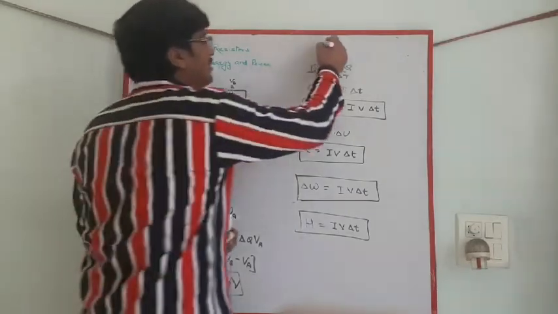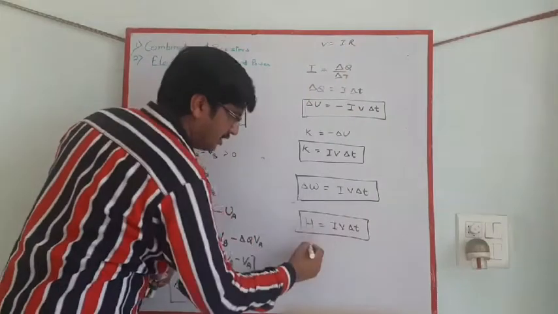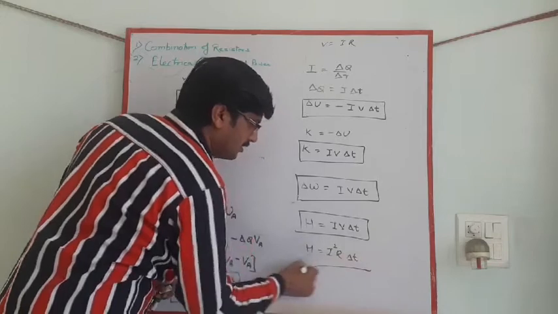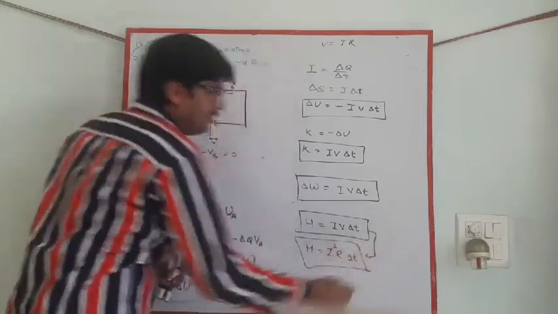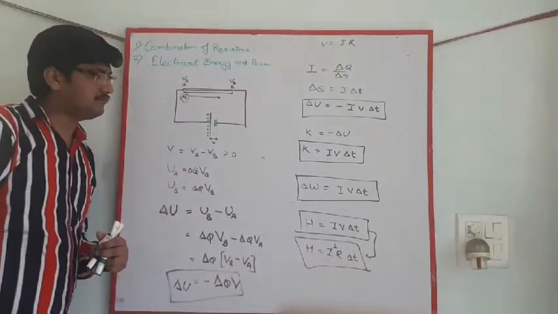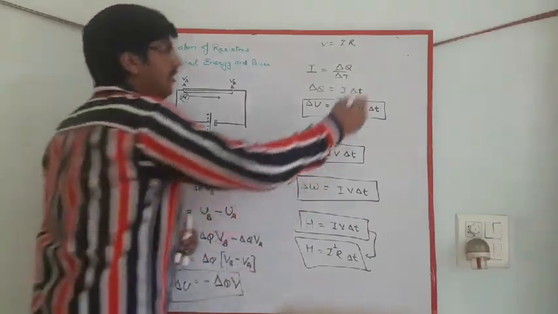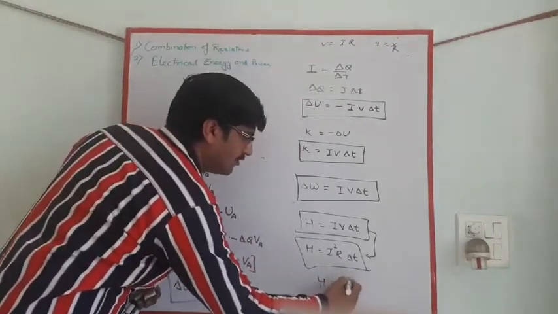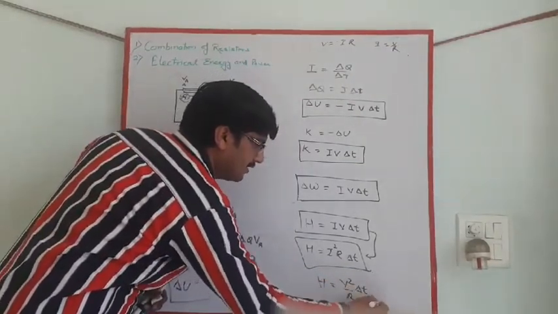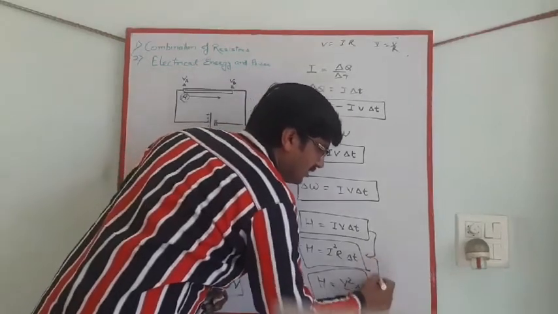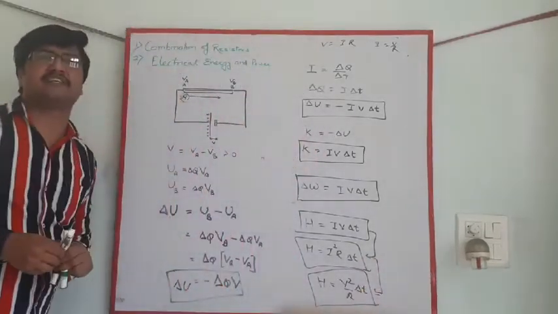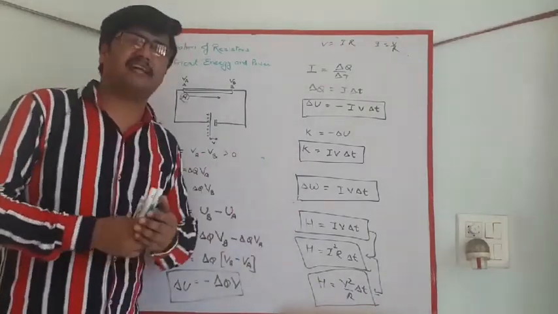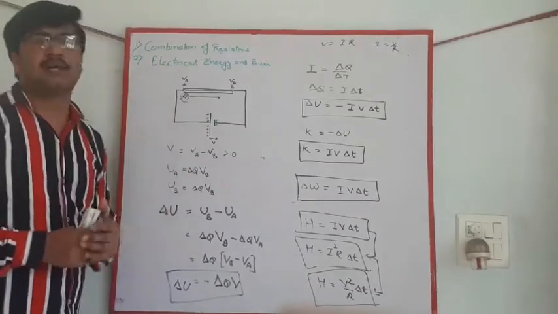Using Ohm's law, V is equal to IR. Substituting here, H is equal to I square R delta t. The expression can be written in this way also. Or I is equal to V upon R. So H is equal to V square by R delta t. The expression can also be written in this way. All the three are representing the same relation for the production of heat due to work done by the kinetic energy of the electrons while moving through the conductor.